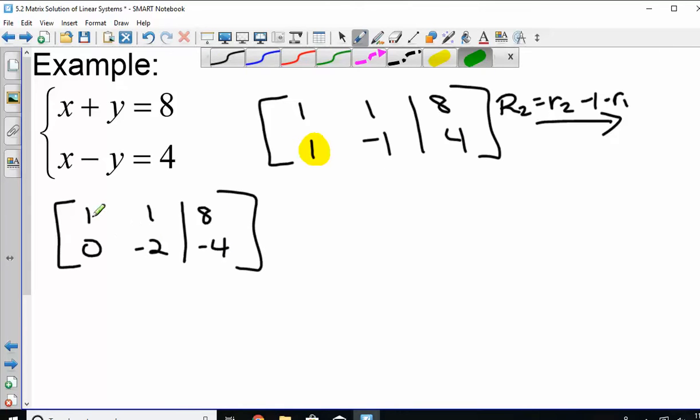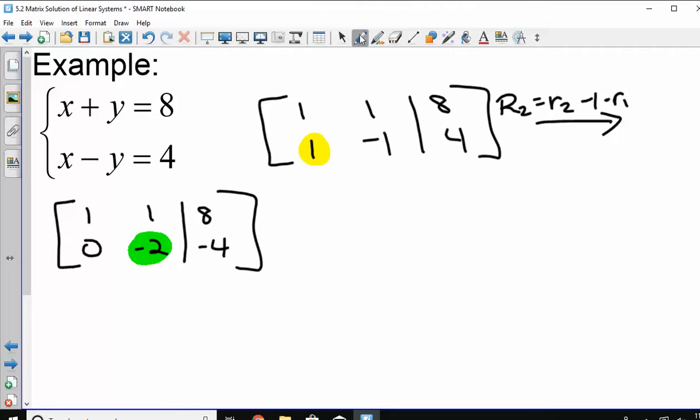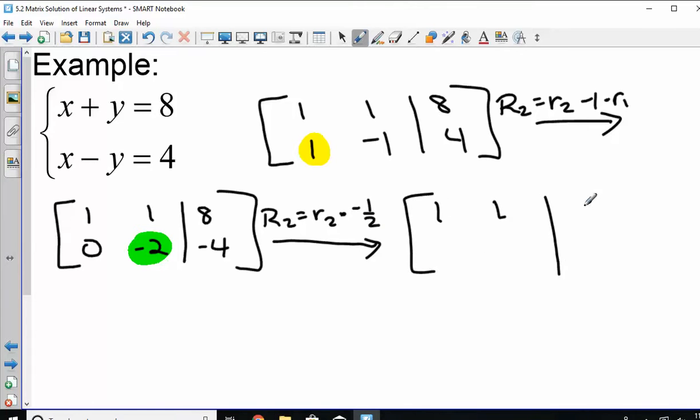Next, we go to row 2, column 2, and I need a 1. Easiest option, if you're looking for a pattern that you could do every single time, anytime you want a 1, you can just multiply by the reciprocal, and that will always give it to you. So row 2 equals row 2 times the reciprocal, which would be negative 1/2. So row 1 didn't change. 0 times anything is still 0. Negative 2 times negative 1/2 is 1. Negative 4 times negative 1/2 is